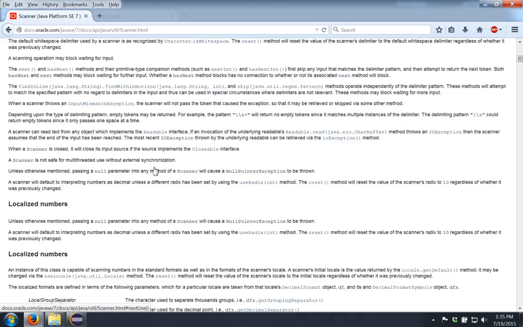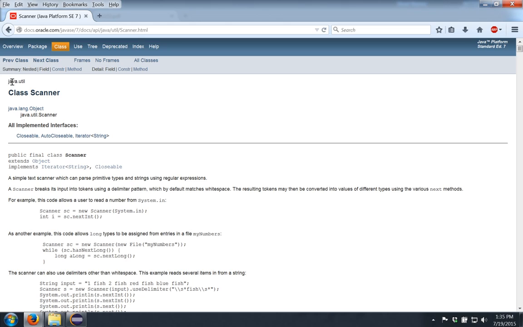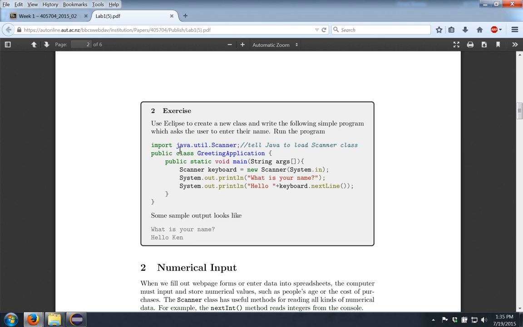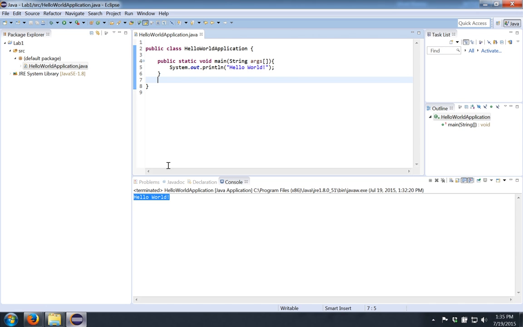So let's use this information. We know that we have to import java.util, and it's called the Scanner class, and we're going to use nextLine. So going back to the exercise, you can see how we use this information. We import java.util.Scanner and call public class GreetingApplication. So let's start with this